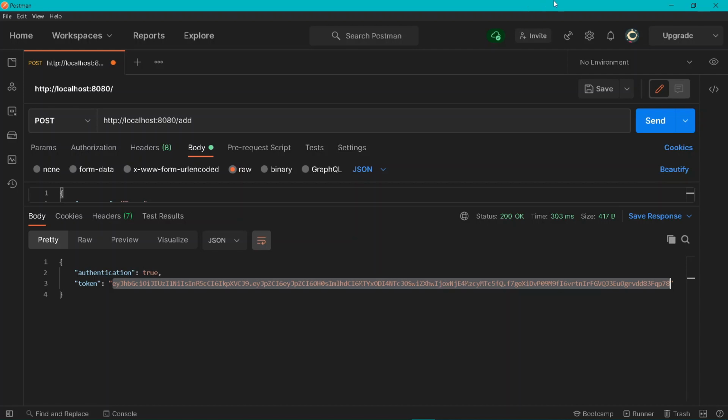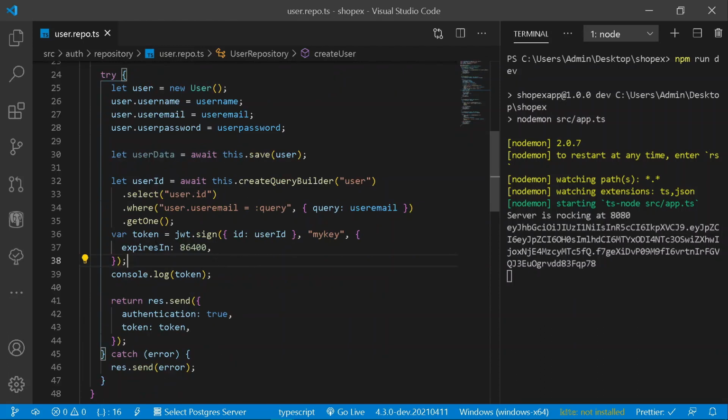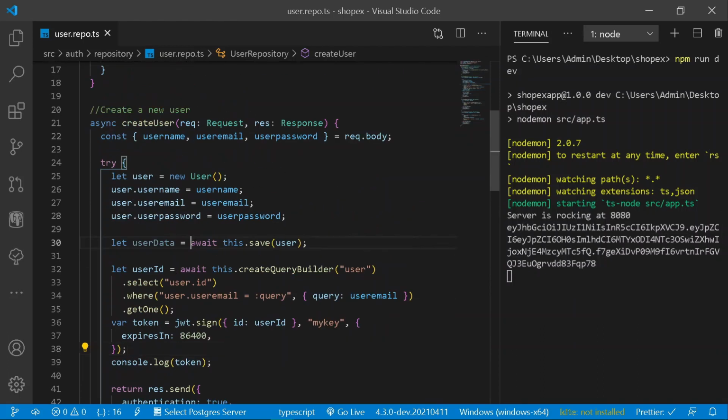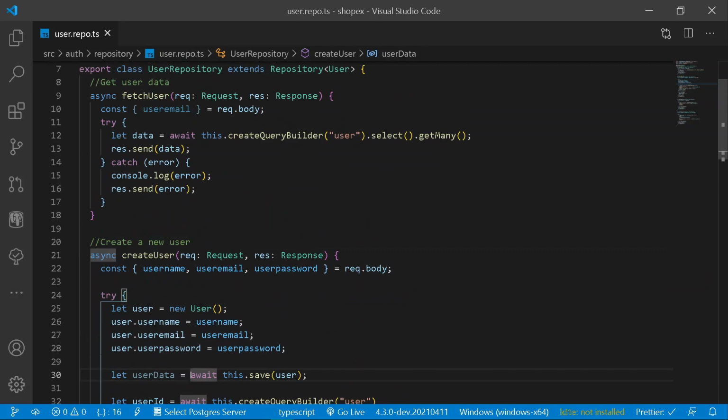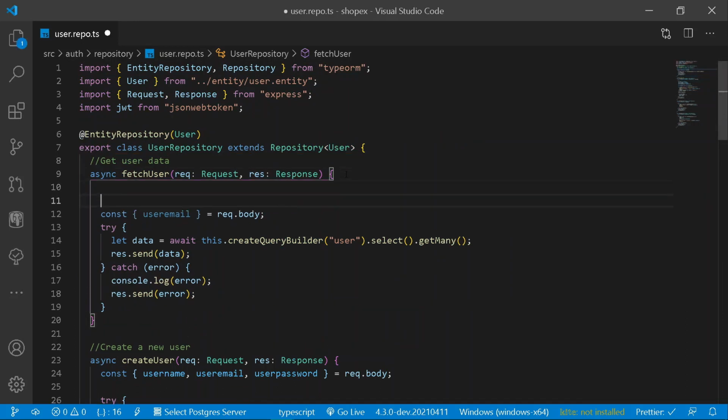So once we have learned how to send JWTs, that is JSON Web Tokens, to the user, let's try approaching the following JSON Web Token, that is use the verify thing. So for that purpose, let's take an example in fetching all of the users. So here under fetching all of the users, what we can really do is go at the bottom.